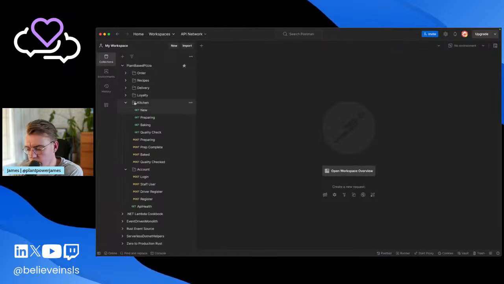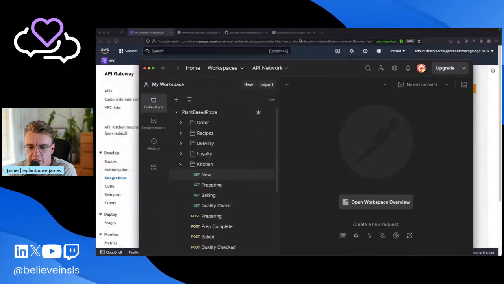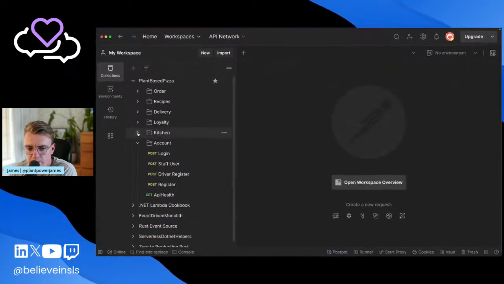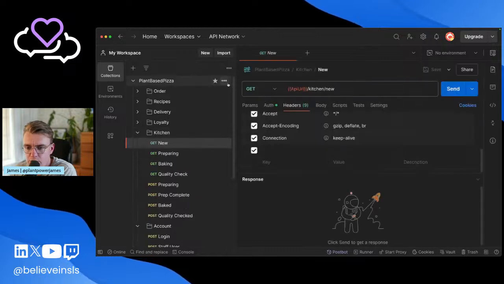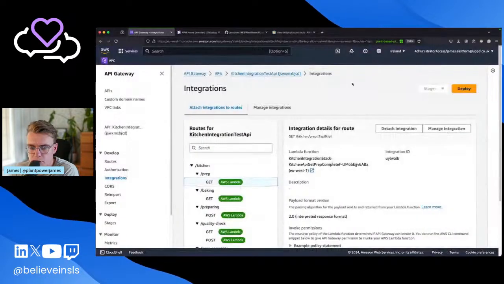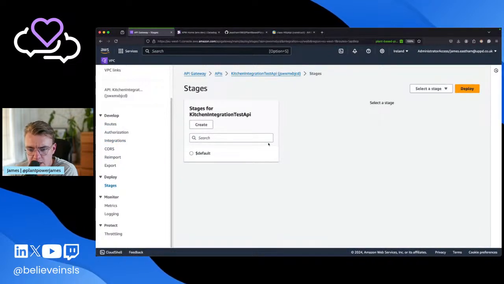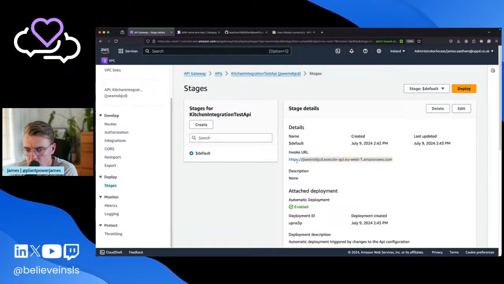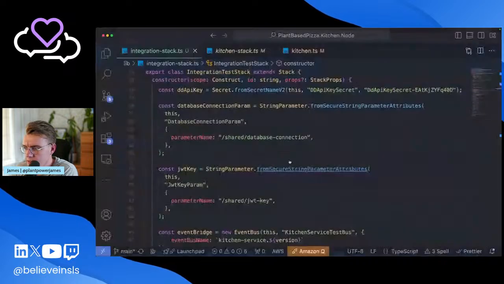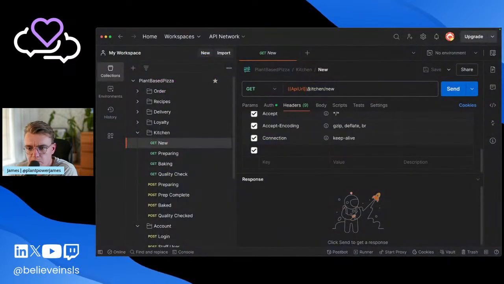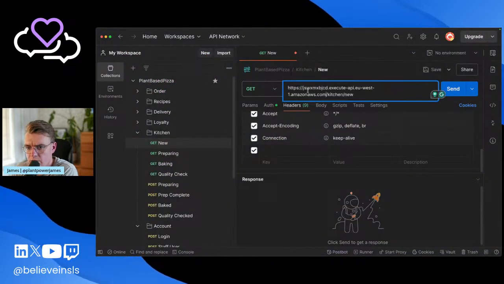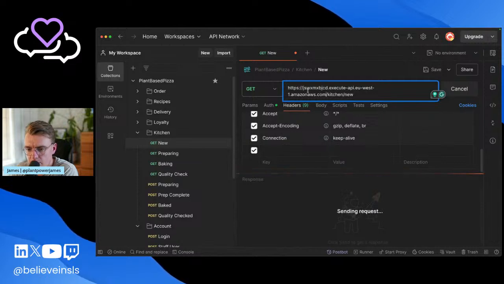So I probably need to add this to the GitHub repo. Actually, I've got a whole Postman collection for all the different endpoints. And these are all wired up at the minute to use a lot of variables. So I'm just going to grab my, where is it? Stages, default. Let's just grab that. So theoretically, if I come back to Postman and I sub that out for that and hit that endpoint, this